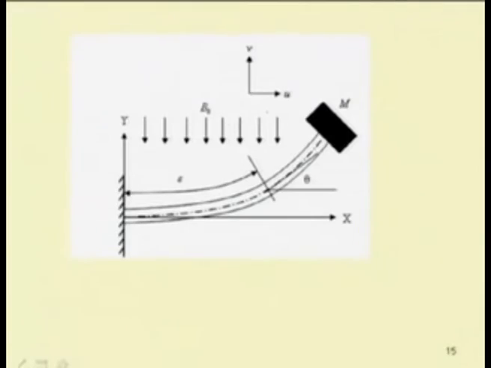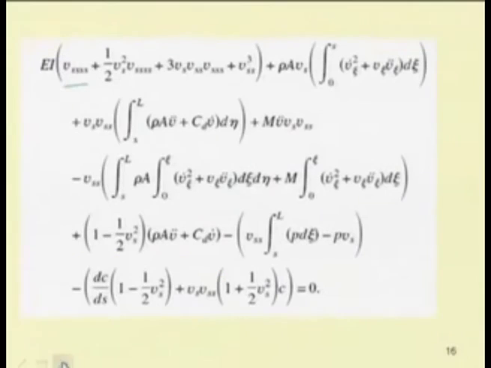So, as this is a continuous system, this transverse displacement V can be represented as a function of both space and time. So, one can write this V as a function of space and time, and later one can reduce it to that of a time or temporal form. So, this is the equation in temporal form. So, this term represents the inertia force. So, this is the damping force here.